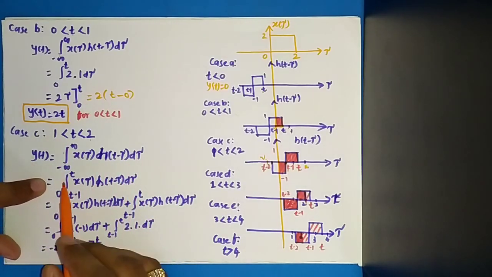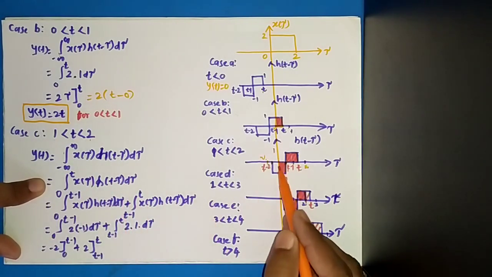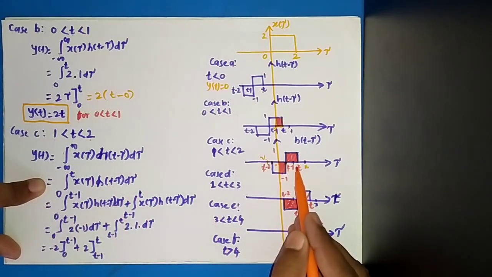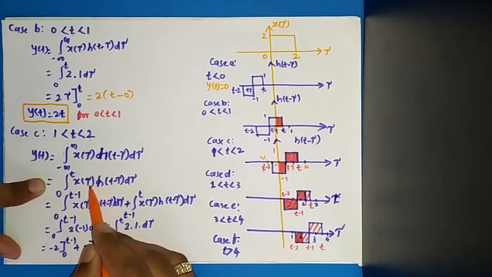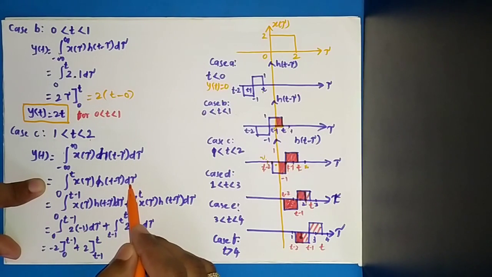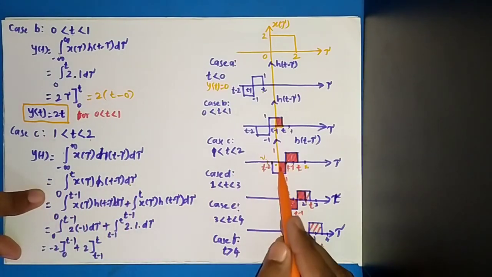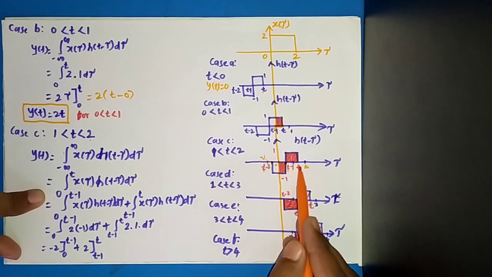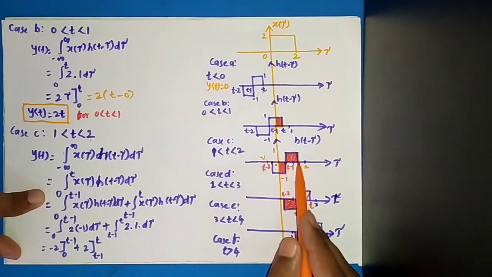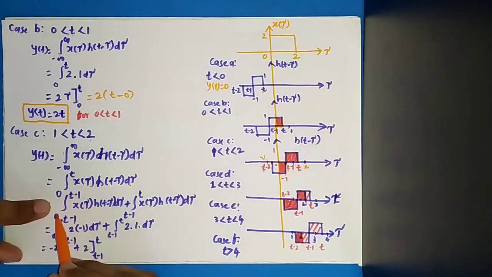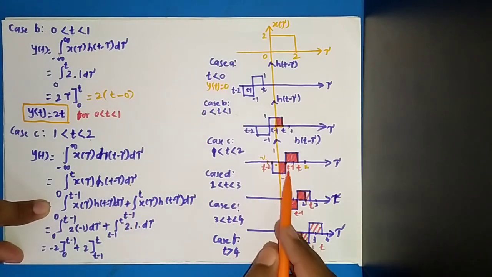If I substitute these things, what will be my intervals? As again here you can see from 0 to t it is. So 0 to t, that is the interval, x of tau h of t minus tau d tau. Then in this also, in 0 to t we have to divide it into two intervals, because amplitude is minus 1 here and amplitude here is 1. So that's why from 0 to t minus 1, x of tau h of t minus tau d tau plus what is this point?